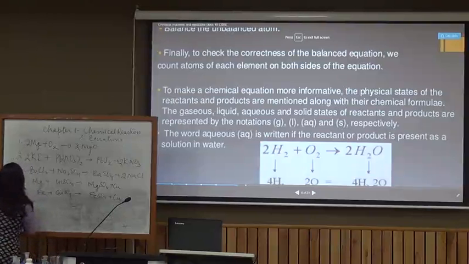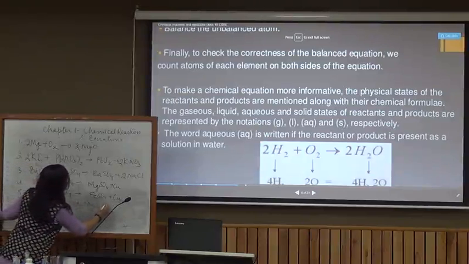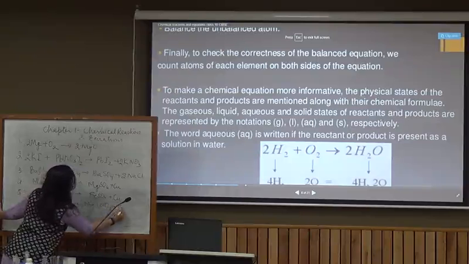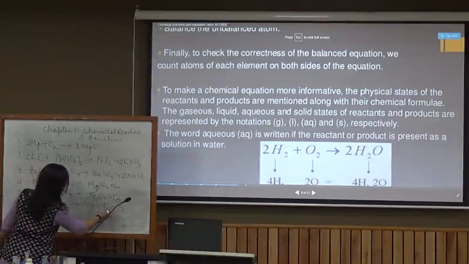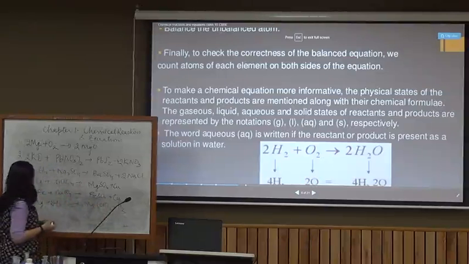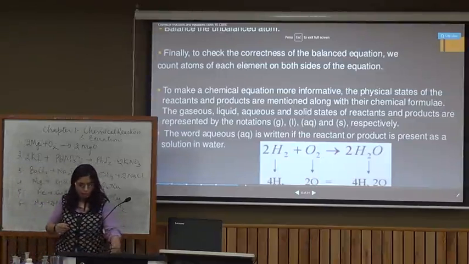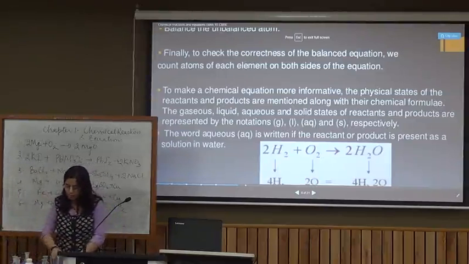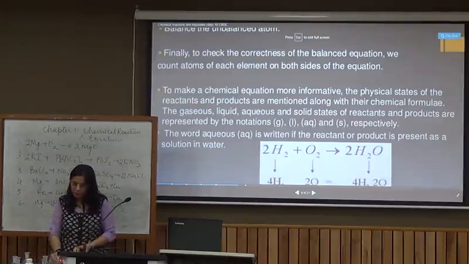Then there was one more reaction that we talked about, that when magnesium reacts with water it forms magnesium hydroxide and hydrogen gas is separated. So when we balance this, hydrogens 2 and oxygens 2, hydrogens are 4. This is balanced now. We are going to look at one more reaction here before we talk about types of reactions. So I'm going to light up this spirit lamp once again.